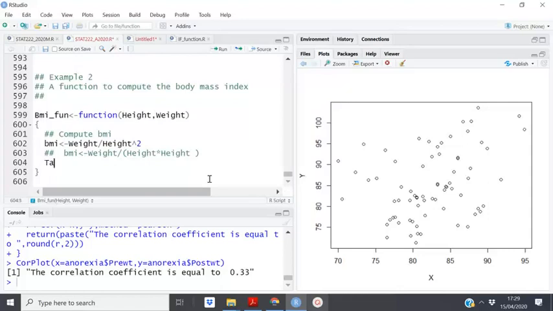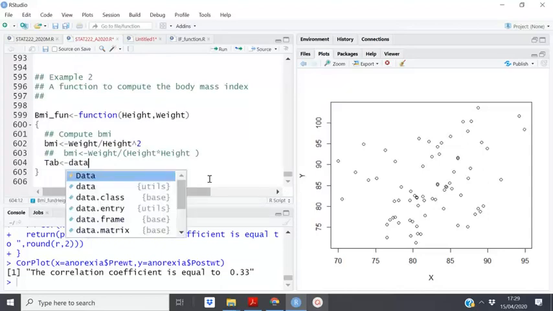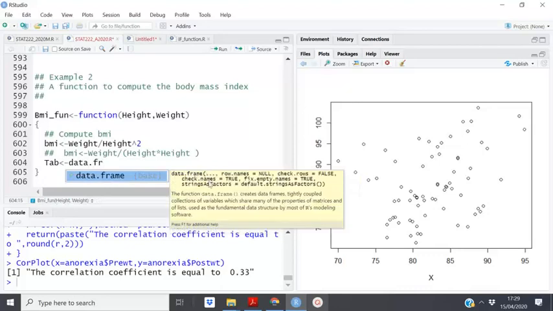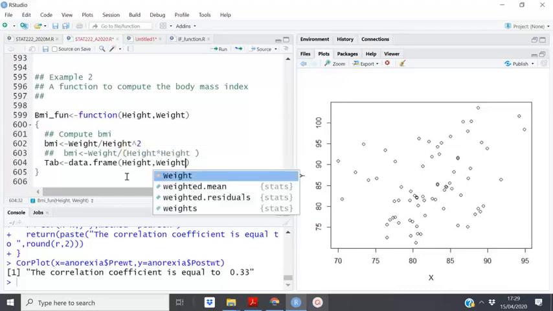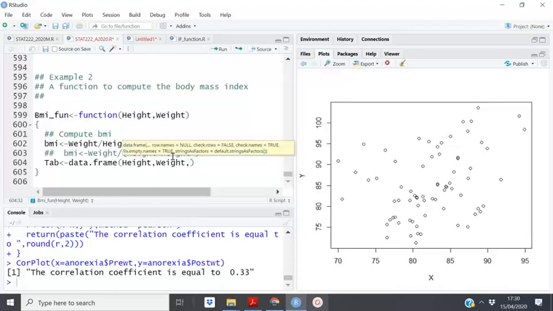Okay. So now, then maybe I need a table, and this table must be a data.frame. Okay. And I'll put in height, weight. Please, your weight should correspond to what you have there, otherwise you won't get it. And then BMI. Okay. Now, then I'm going to return